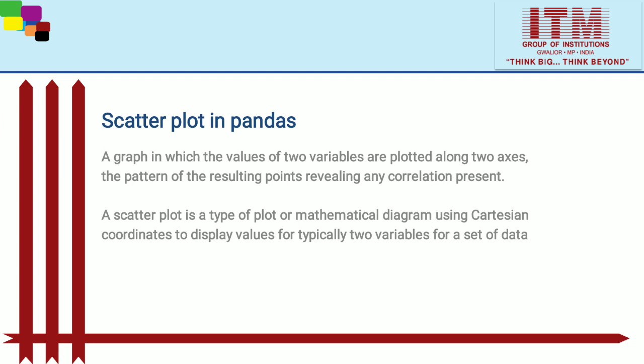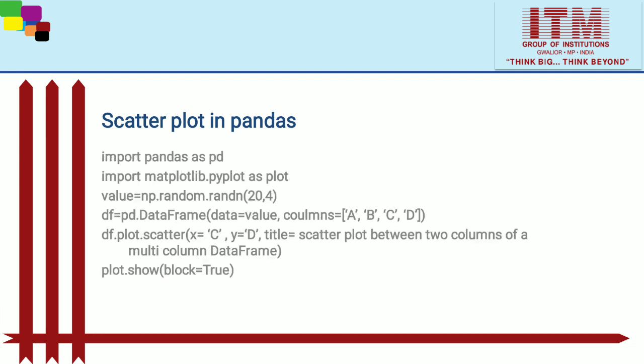Here is another definition for the scatter plot. A scatter plot is a type of plot or mathematical diagram using Cartesian coordinates to display values for typically two variables for a set of data. This is the best way to visualize the data set that is available. The scatter plot is used to visualize the variables, but only two variables. This point is to be noted. So here we will take only two variables. Now we will move further.